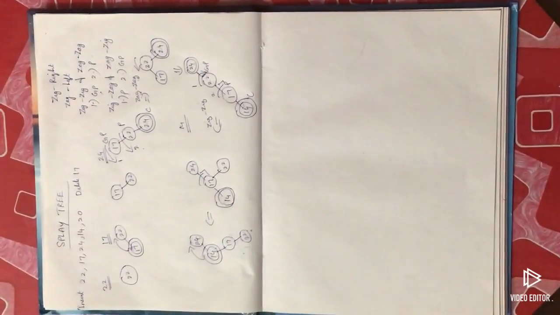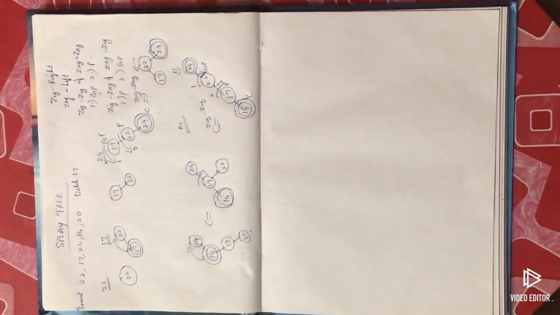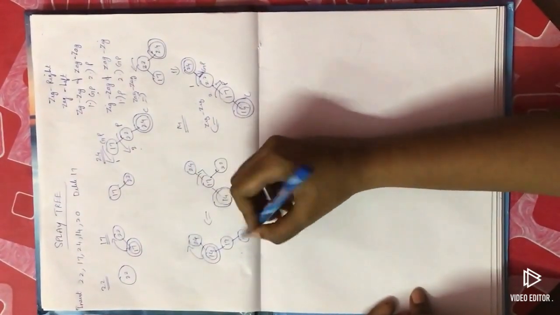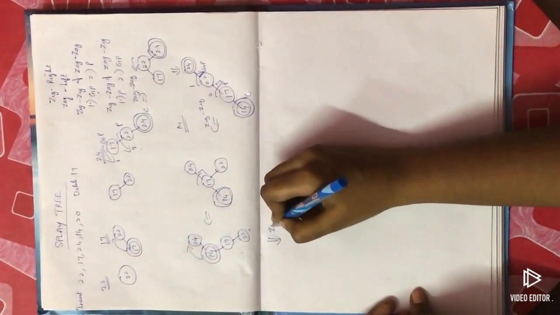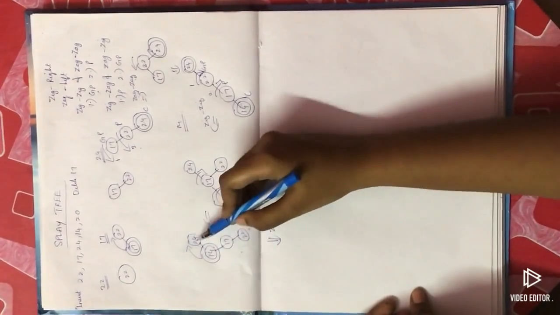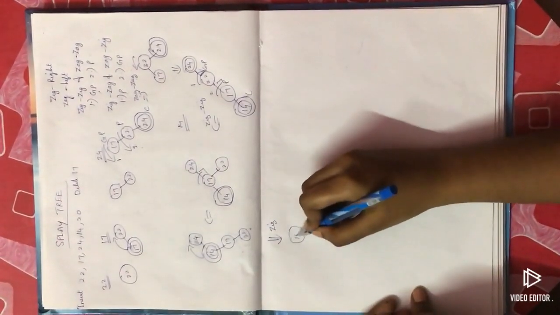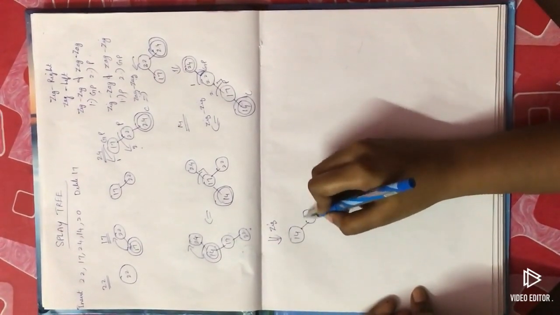So here we will make one mistake. Okay, so what rotation do we have to take to bring this 14 again to the root? What rotation will we follow? Zig rotation. Only one rotation, only a parent is there, there is no grandparent. So if I rotate this, 14 will be here, 24 will be here.